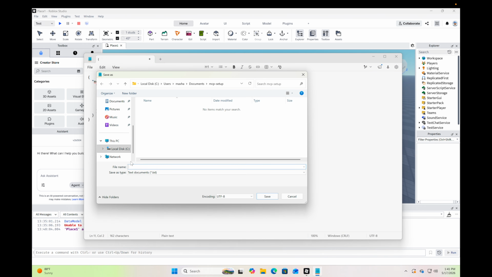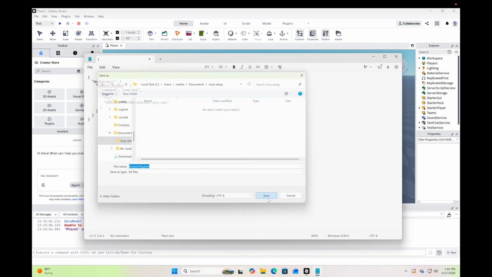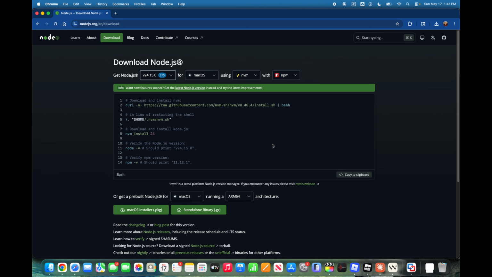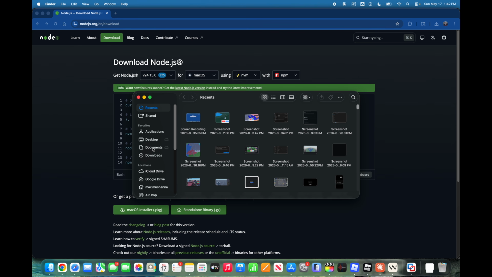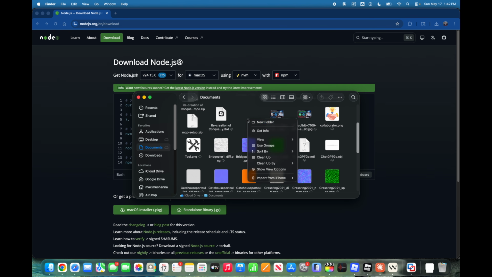and for file name, do mcpconfig.json, and for save as type, do all files. Then make sure that the route that you save it in is this PC, local disk, users, your user, then documents, and then mcp-setup. Then we click save. Alright, so if you're on a Mac, go to Finder, go to Documents, create a new